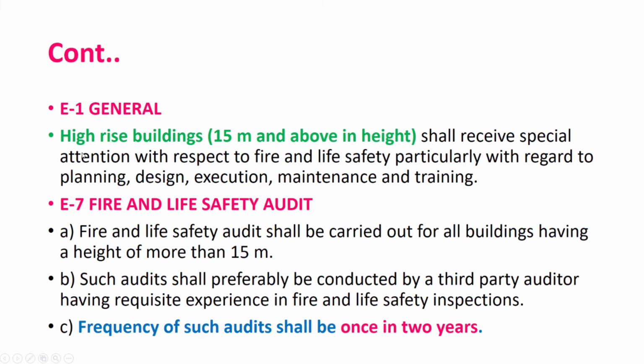So again, as you can understand, this is related to fire and life safety. It says, in case the building is a high-rise building, then the main street which is in front of it should not be less than 12 meters in width. Or in case it is not there, then the street to which it is connecting afterwards should not be less than 12 meters. And obviously, the route should not terminate in a dead end, except in case of residential buildings up to a height of 30 meters. If the height is up to 30 meters, it can terminate as a dead end, otherwise not.